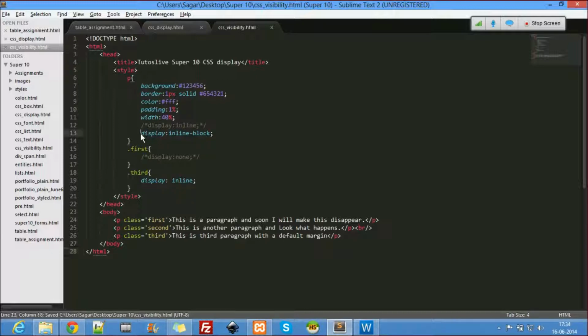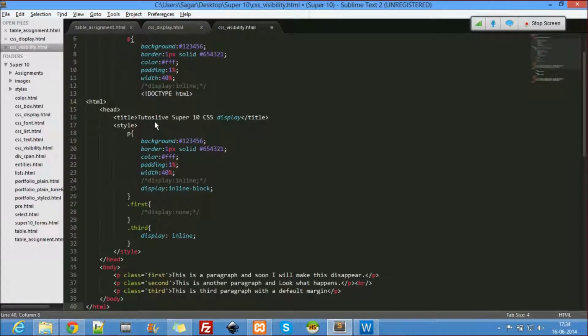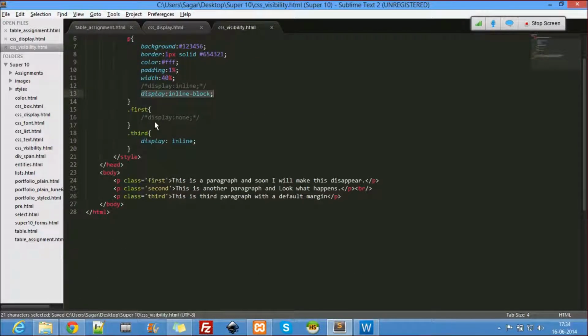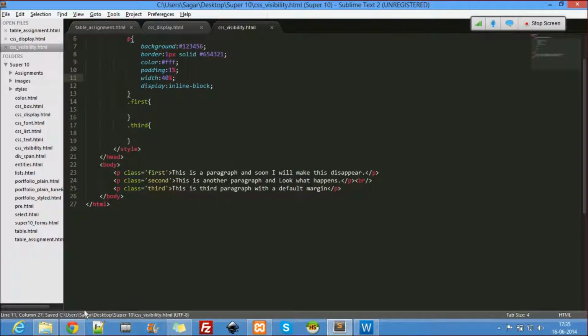Alright, let's remove this display, or let's use display inline-block. Coming to the third one, I'll just remove this.